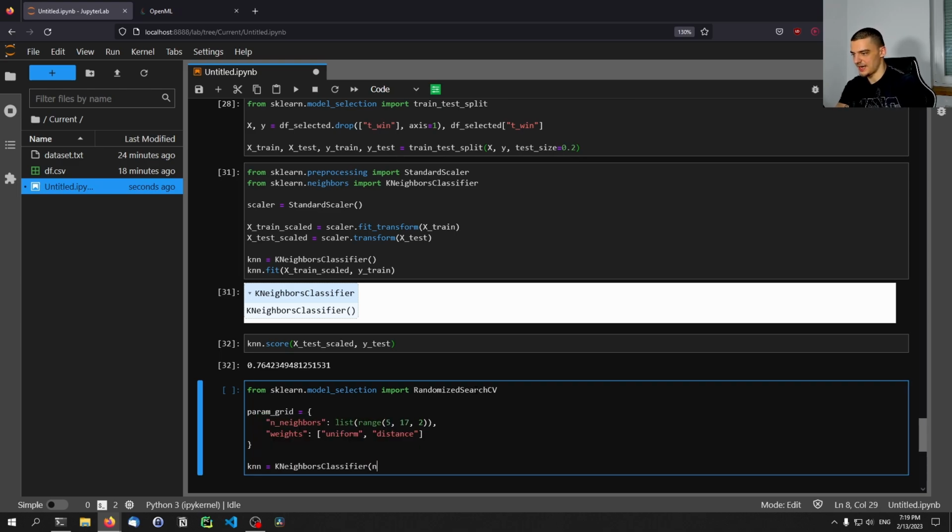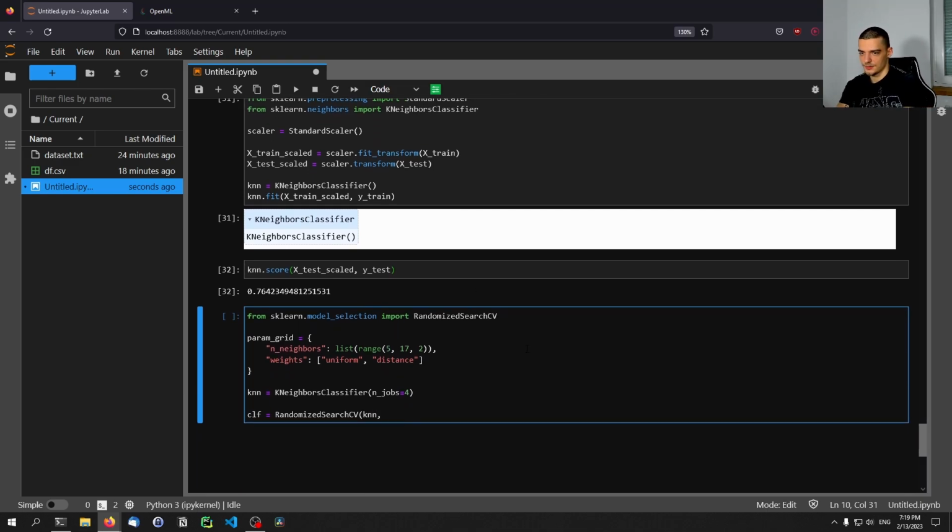Here we're going to say n_jobs is going to be the number of cores that we're going to use. I'm going to use 4 cores. If you provide -1, it's going to use the max number, but since I'm recording, I'm just going to provide 4 here. And I'm going to say that the final classifier is going to be randomized search CV,